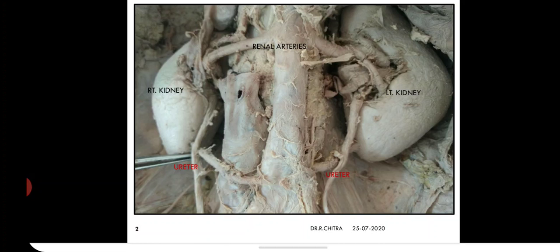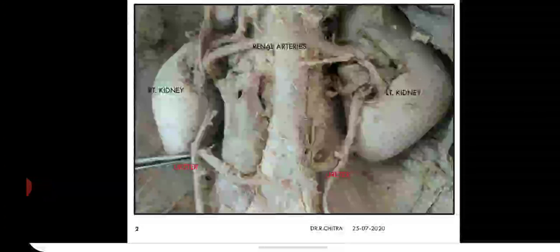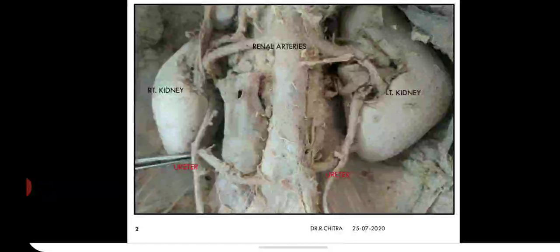So many conditions may affect the kidneys, mainly the infection of the kidneys. Infection of the kidneys is called pyelonephritis. The symptoms will be back pain and fever. Sometimes from the urinary bladder infection, it may ascend to the kidneys. The main interesting disease you should know here is kidney stones.